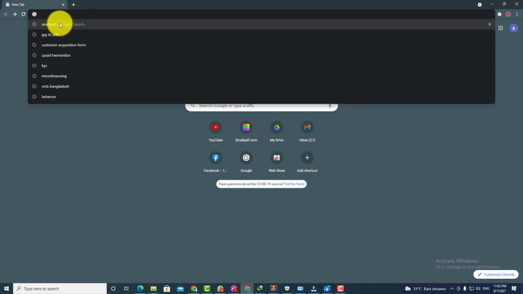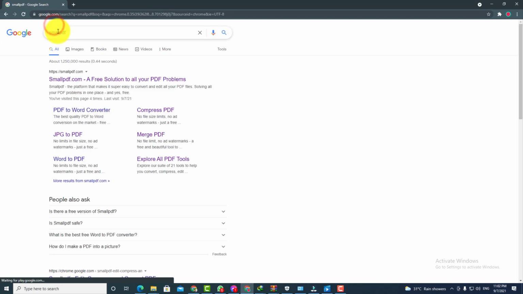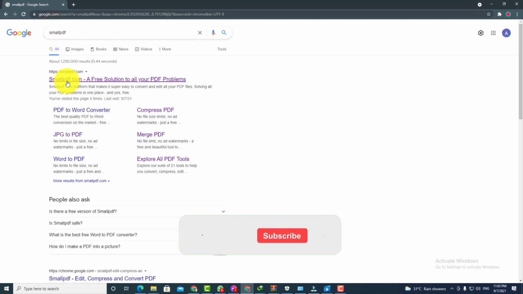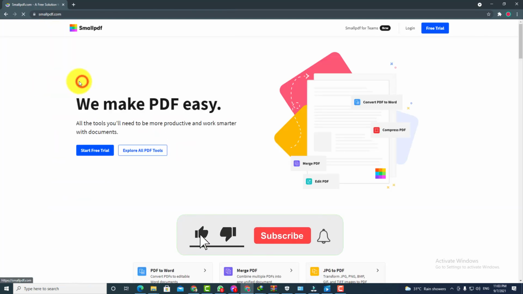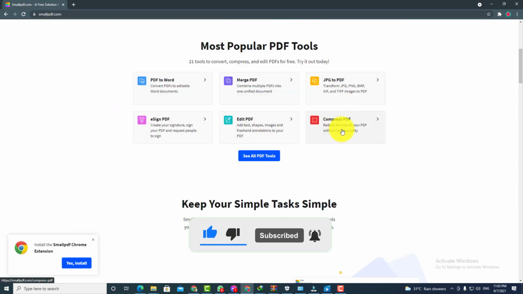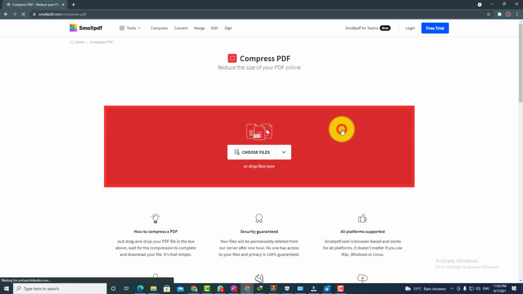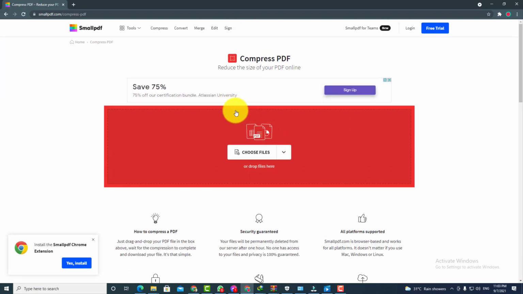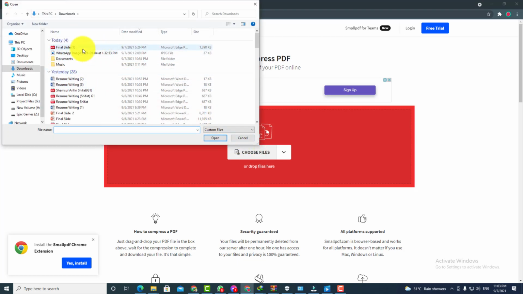So what are you gonna do? At first search for a small PDF, and here we can see a small PDF. Just click on that and scroll down, and here you can see compress PDF. So click on that, and you have to choose your PDF file. Click on that, and here you can see